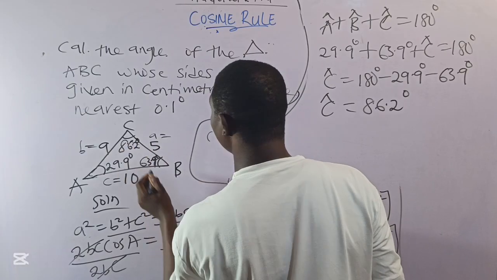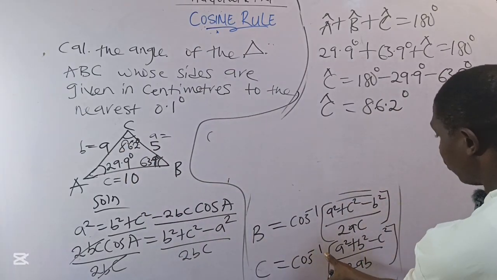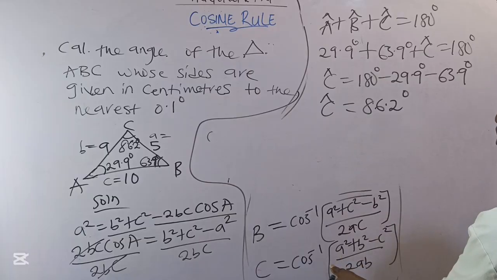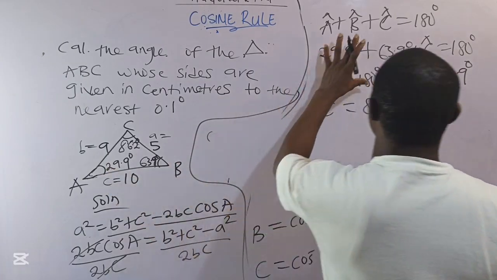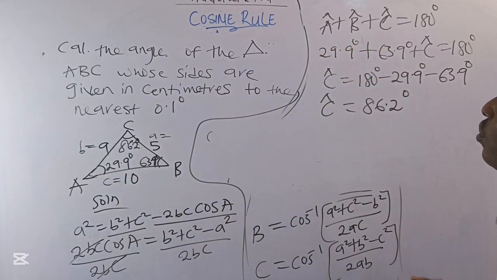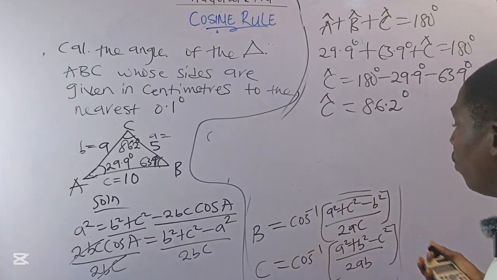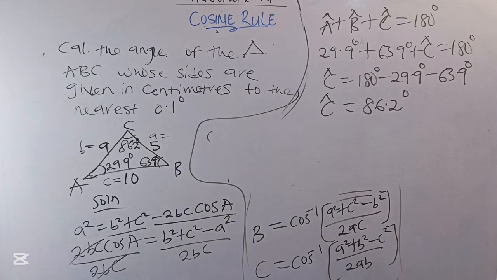So my biggest angle, you can see, is 86.2 degrees. I'll still use this to verify, but in an examination, if you are sure of your first two answers, this is absolutely correct. I want to do it because this is the first question we are solving of this kind. Now